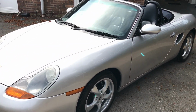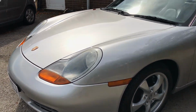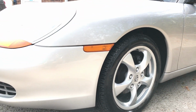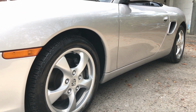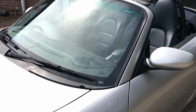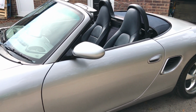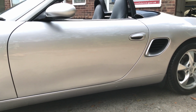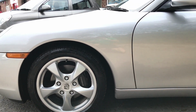It comes with an MOT that runs to March 2020, and the MOT was issued with no advisories, finished in the ever popular Arctic Silver. Has an amazing 10 entry service history record, 8 of which were carried out at either official Porsche centres or Porsche Tech Specialist in Leeds,